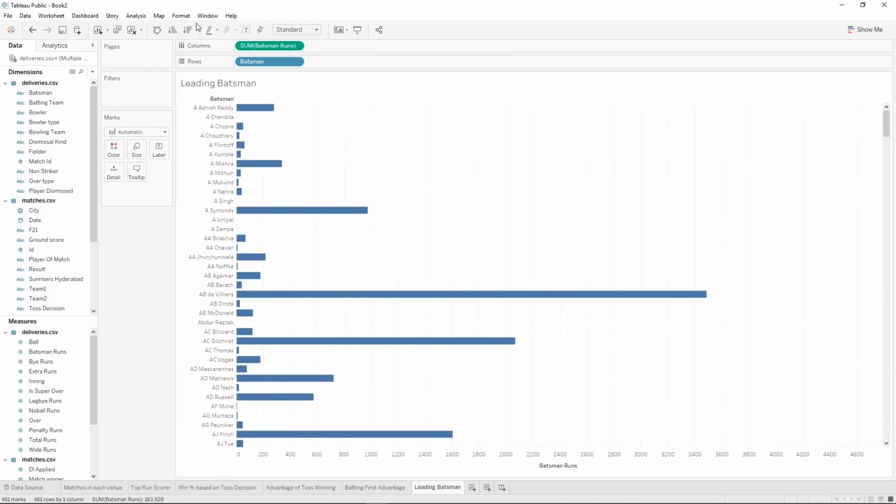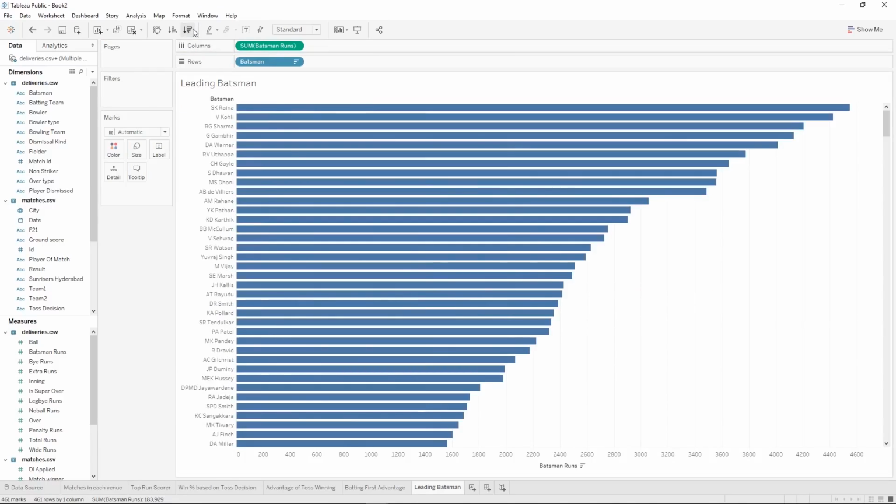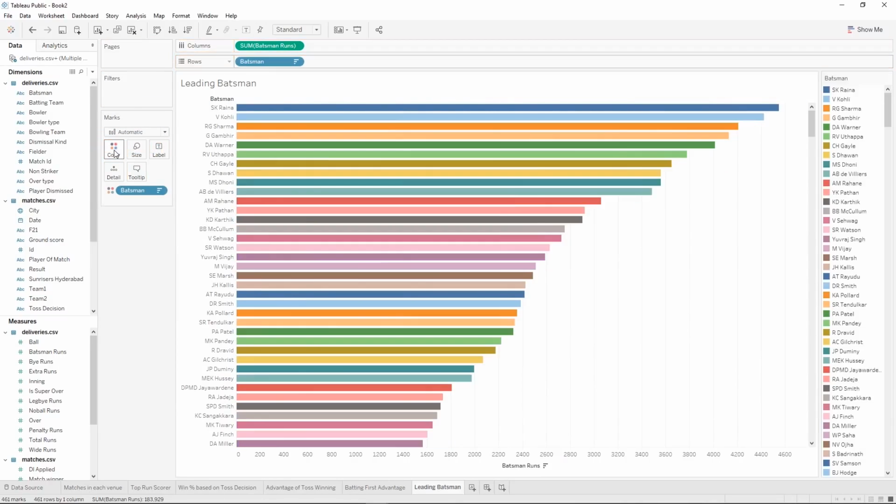Now what we can do is sort it from biggest to smallest, and we can see who our top batsmen are. We can bring batsmen onto color, so I'm control dragging again. And then they each get their own color. One nice thing that you could do here is